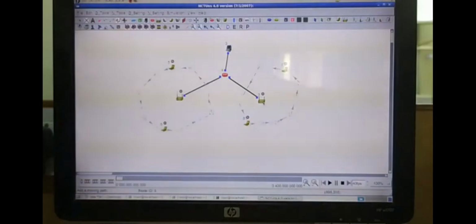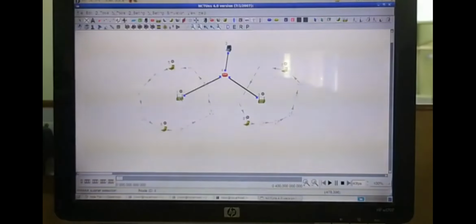Now the next step is to create the subnets. To create the subnets, we have another option here, select wireless nodes to form a subnet. I select that option and create one subnet and then another subnet.